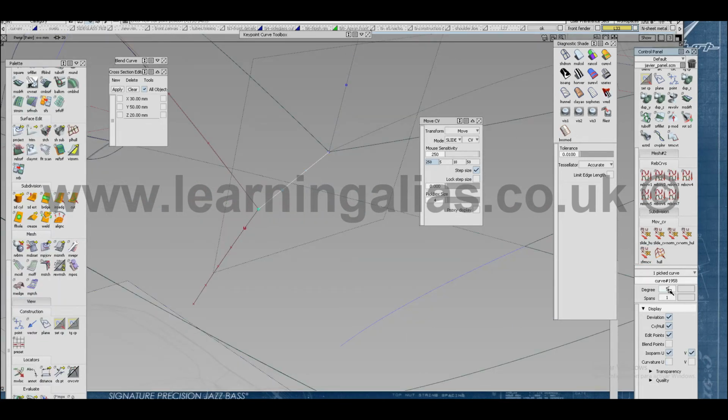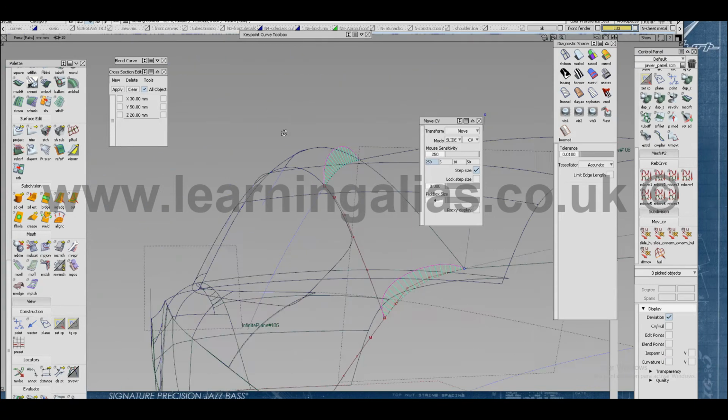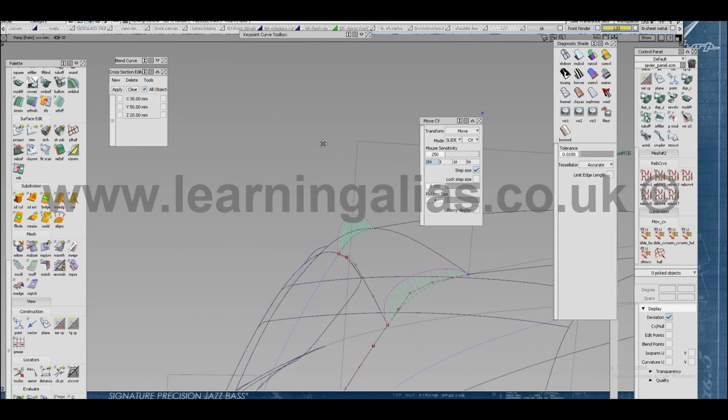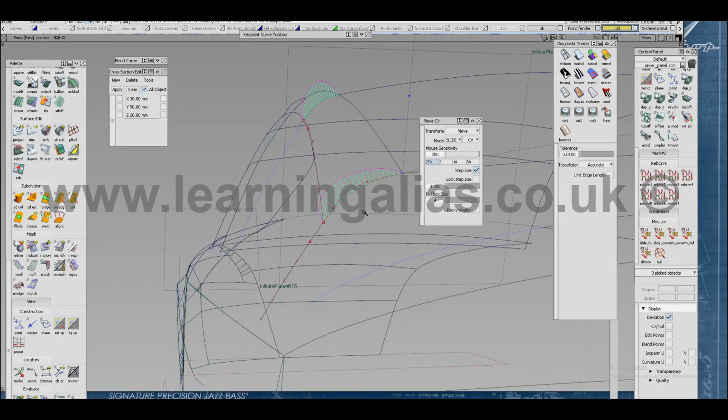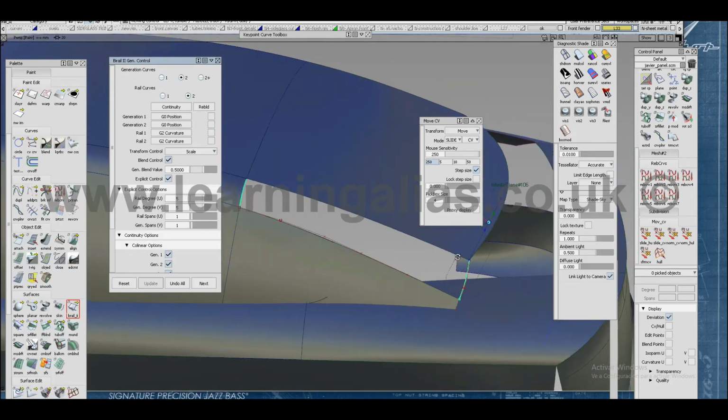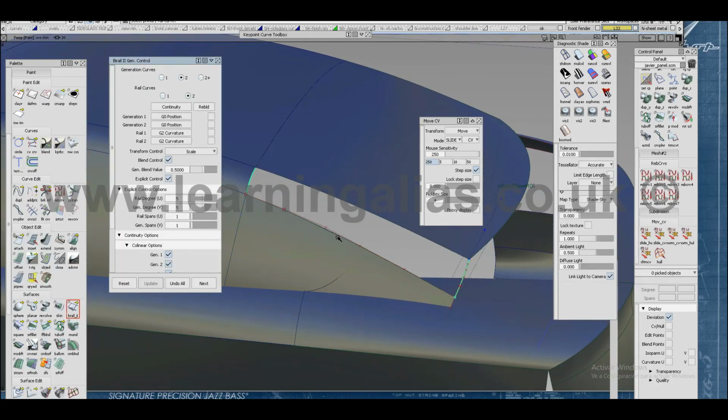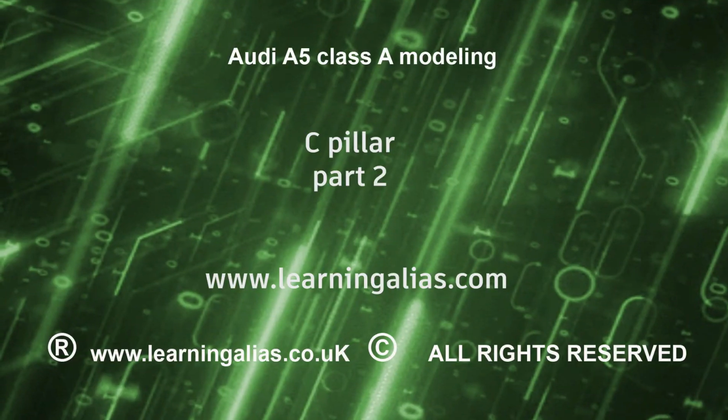I'm creating first the 1-degree curve. Let's see if they look similar to the other curves on edge surface boundary. Here I'm gonna pick the